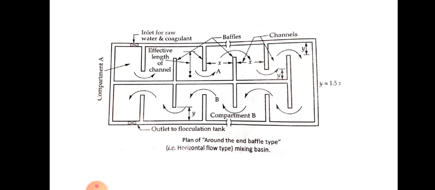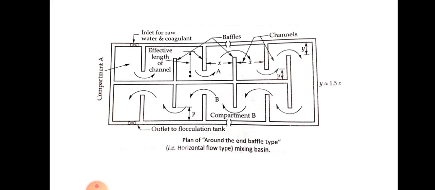As you see in the figure, there are numerous channels through which the water will flow, and the channels are made narrow so that the velocity of flow will be sufficient. If water flows with high velocity, what happens? Then the settling will not be effective. So the channels are made very narrow so that the velocity of flow will be sufficient